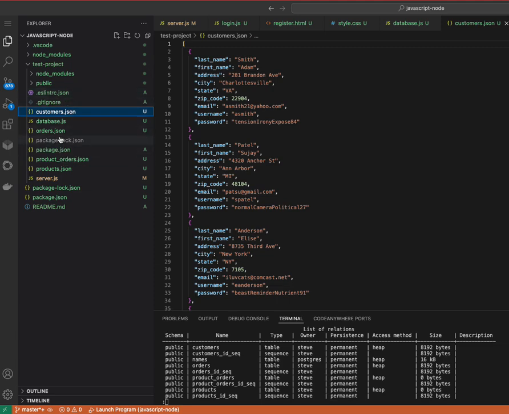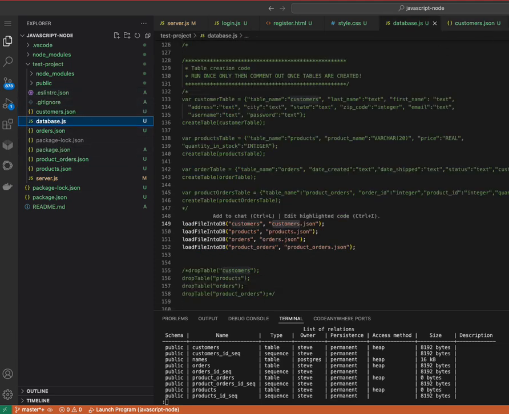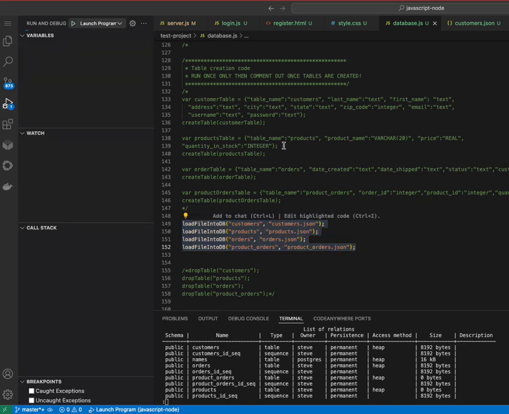Okay, so I'm going to go ahead and stop the project again. Make sure I commented out the table creation. And now, again, just one time, because I don't want to load this data in twice. If I do, I'll get duplicate data. That won't be good. So I'm going to run this one time for each table I want. I'm going to run it once, and it's going to run this line for each table in my project. To be clear, I'm not running the project 4 times. I'm going to run it once, and it's going to, hopefully, if I did it correctly,